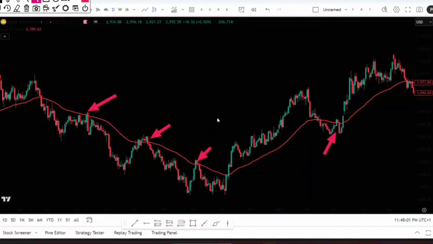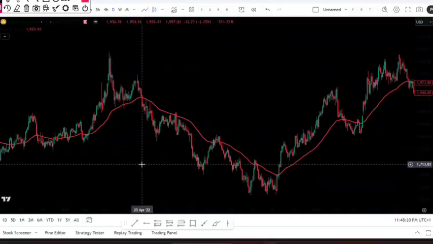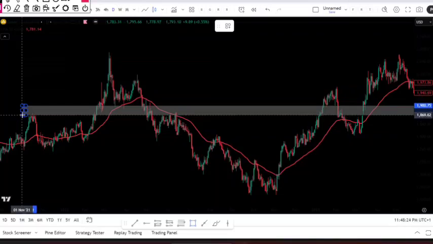So don't take the EMA in a solitary way, okay. You have to add some other price action also to take the trade with EMA. For example, okay, let me show you. If we see the chart,